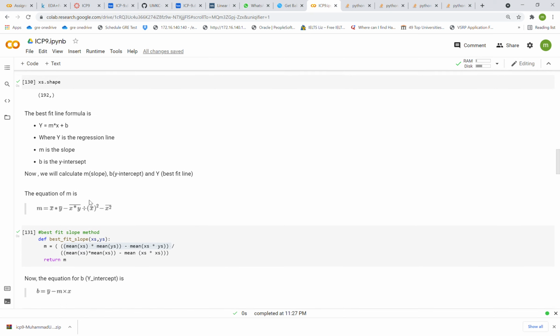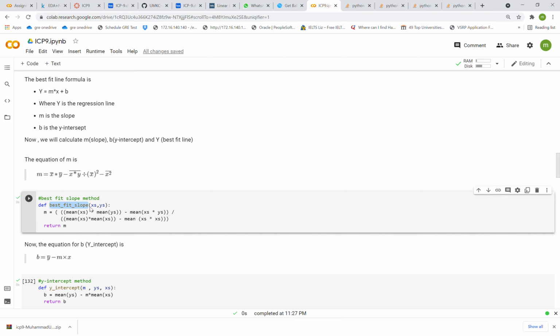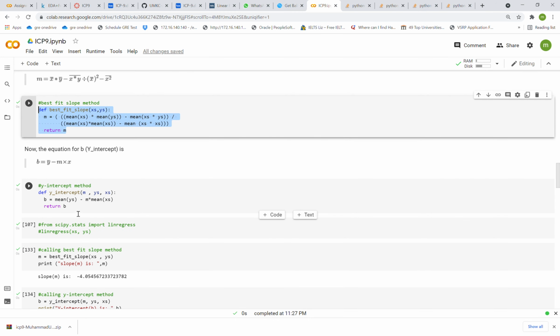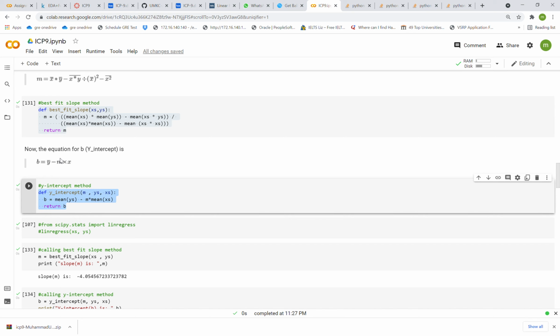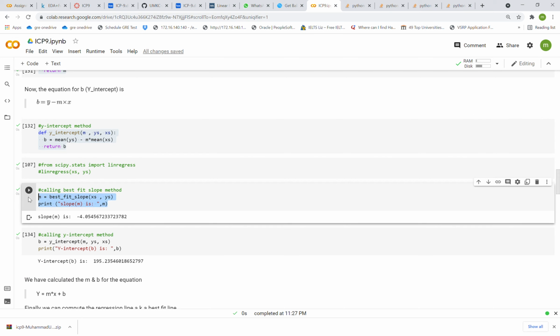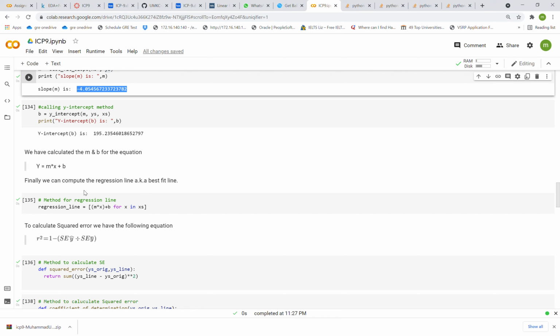Now to find the slope of the equation, I have this formula. So I made a function with this name and used some math libraries to find this. Likewise for the y-intercept, I did the same, implementing the above equation in code. Now I'm calling that function to find the slope of the x's and y's. So I've got my slope as minus 4.05 and my y-intercept as 195. So what we're left with, according to y equals mx plus b, is